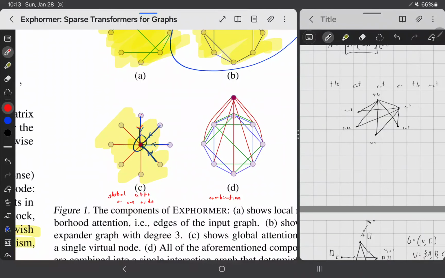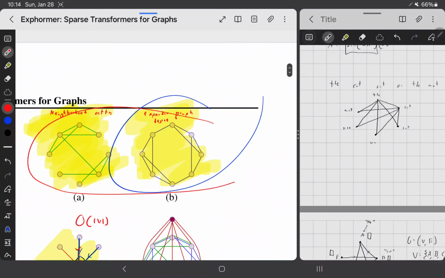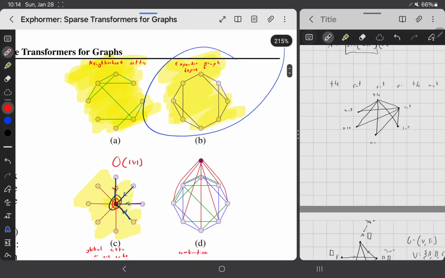So if we have 1, 2, 3, 4, 5, 6, 7, 8 nodes, this one node here would take 8 messages, which is order n, or order v. And then if you have 2 nodes, it would be order 2v, which is just order v. And if you have 3 nodes, it's still order v. Now you can't have too many of these because this is quite an expensive operation, so they only add a few of these. These, on the other hand, are a lot less expensive,